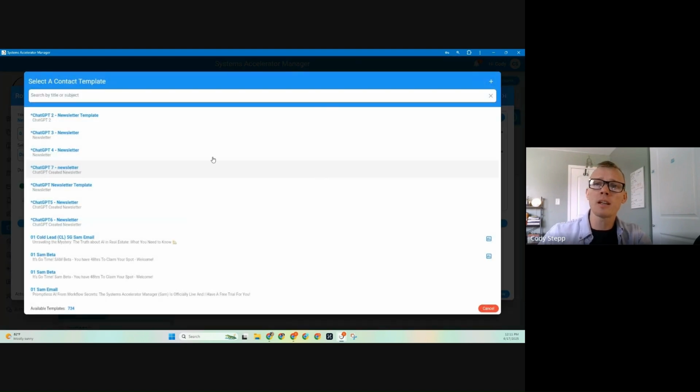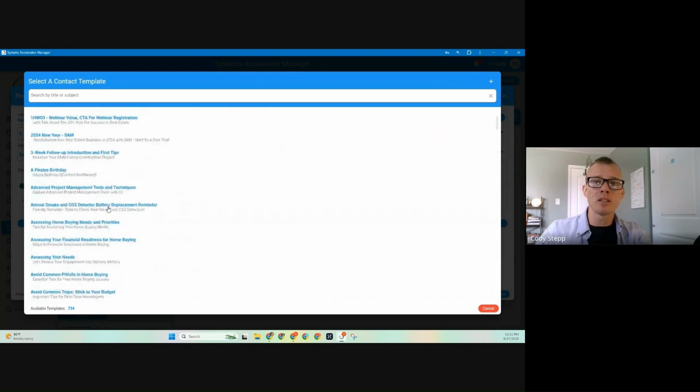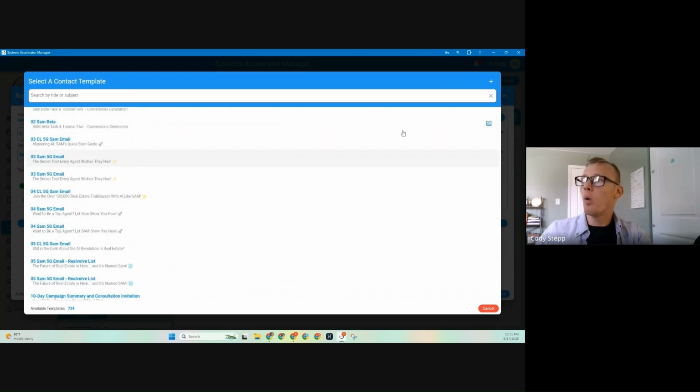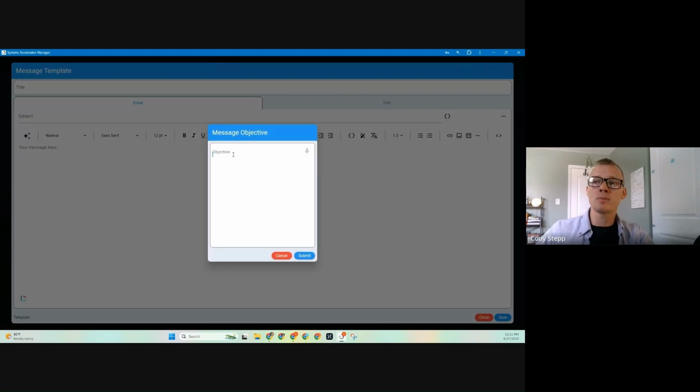and then we're going to select a template. So I'm going to click on this, and I would be able to scroll through all of my pre-templated messages and select the one, or on the top right-hand side, I can click this plus, and I can write a new message. I could even have Sam help me write this message. Write a new message to a new lead